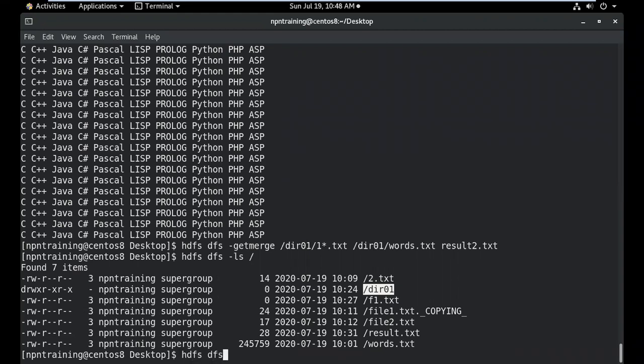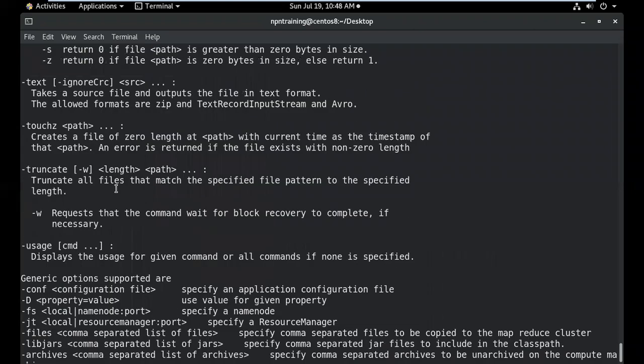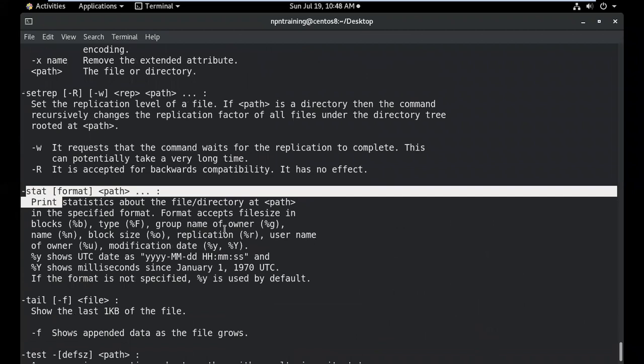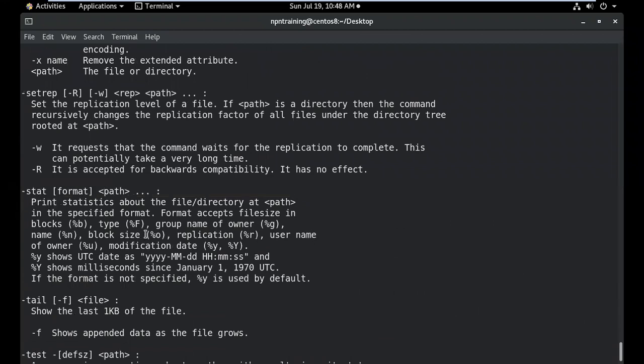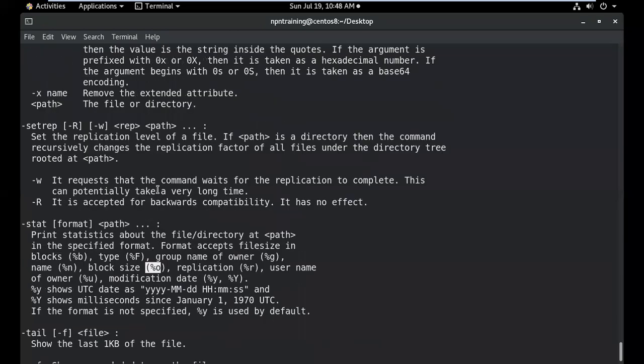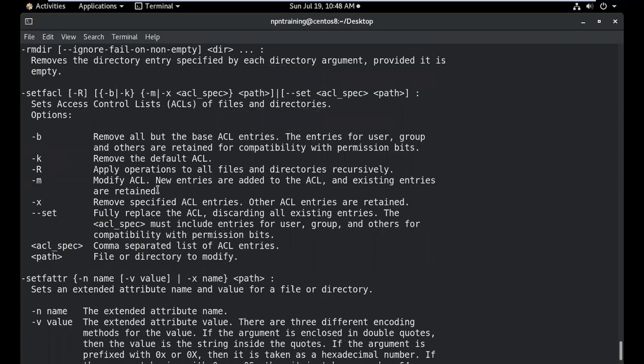So for all these things, documentation will help you actually. When you do hdfs dfs -help, the documentation will have all the information. So you have to read this documentation. Can you see this? For example, -stat, different options, whatever is available. For example, we use the block size. All this documentation will help you out with different options here. Clear, Santosh? So you have to refer to the documentation.